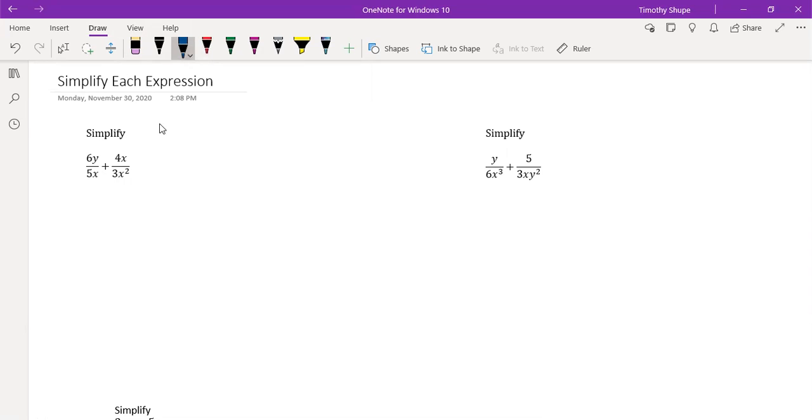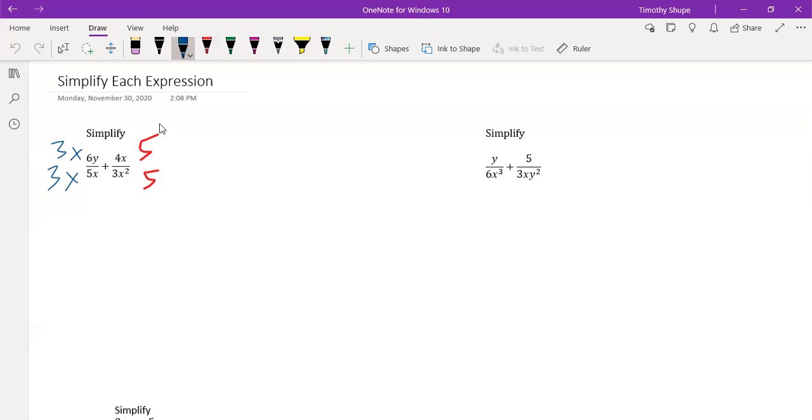So this first fraction is missing a factor of 3, and it's also missing one of the x's. So I need to multiply both numerator and denominator by each one of those missing factors. The second fraction has both of the x's, but it is missing a factor of 5. So I'm going to go ahead and multiply by that factor of 5. So now each one of those denominators has a factor of 3, a factor of 5, and two factors of